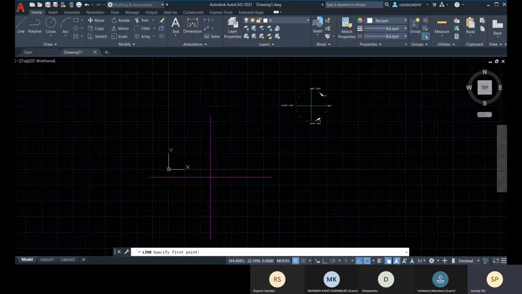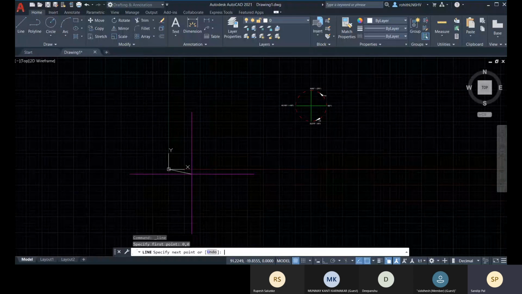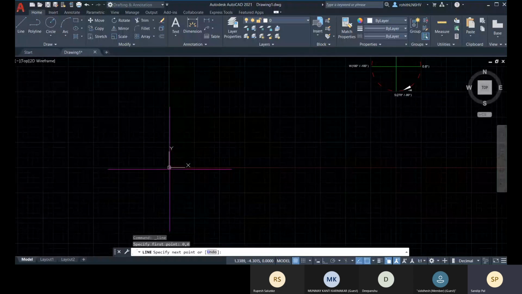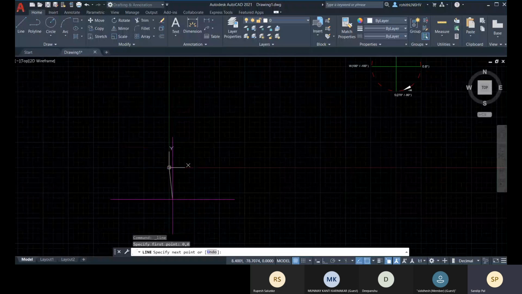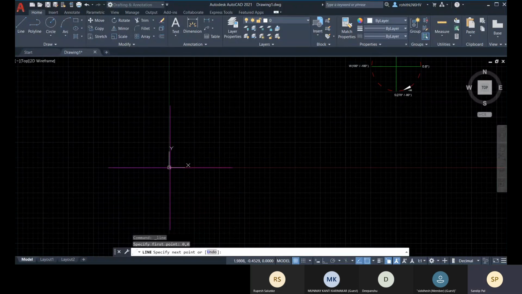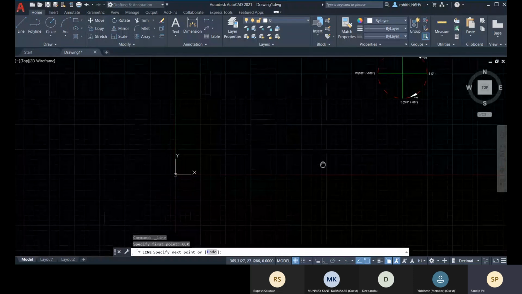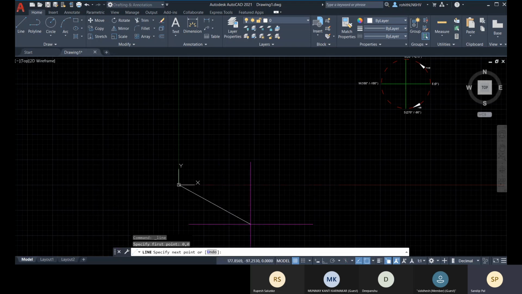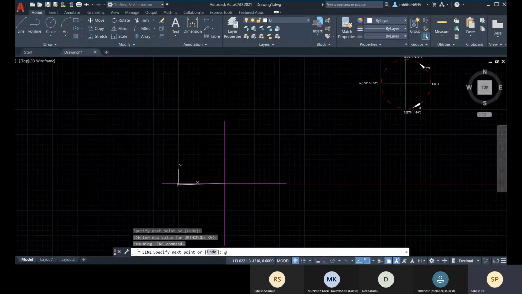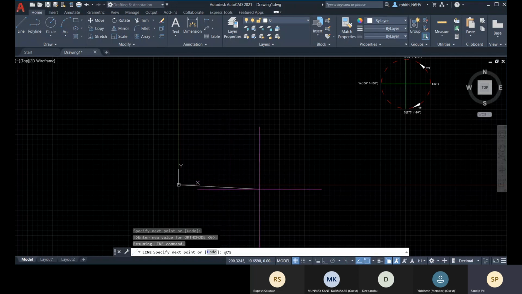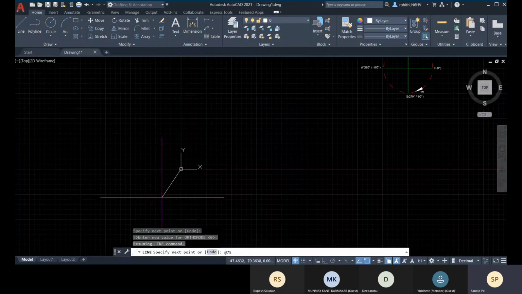Okay, so let's go with the line, and the first point will be 0, comma 0, and press enter. And from this origin, you have to calculate the initial direction. You have to identify the initial direction, and from that initial direction you have to calculate the angle value, and you have to calculate the distance. So at the rate, let me go with the same thing, at the rate 75, and in which direction you will be placing this 75 distance. That 75 can be placed in any angle within this 360 degree, right?